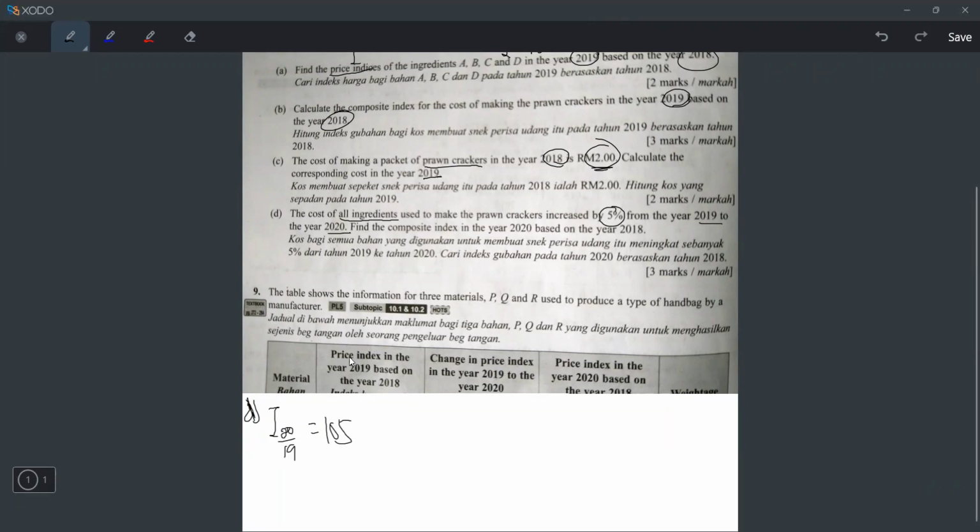But this one is actually the I dash, if you think about it, because the question says the cost of all ingredients used to make prawn crackers. It means it's not for A, for B, for C, for D. So I'll just put I dash here. If you don't put it, also can, but they're actually talking about the I dash. And then find the composite index means find the I dash also. But for what year? 2020 based on